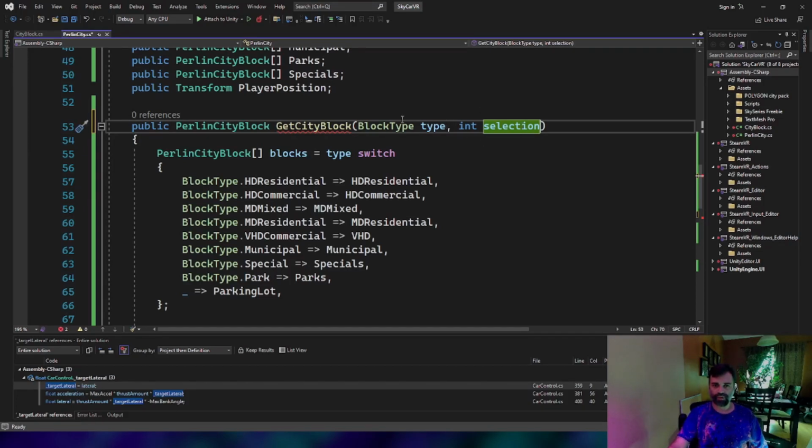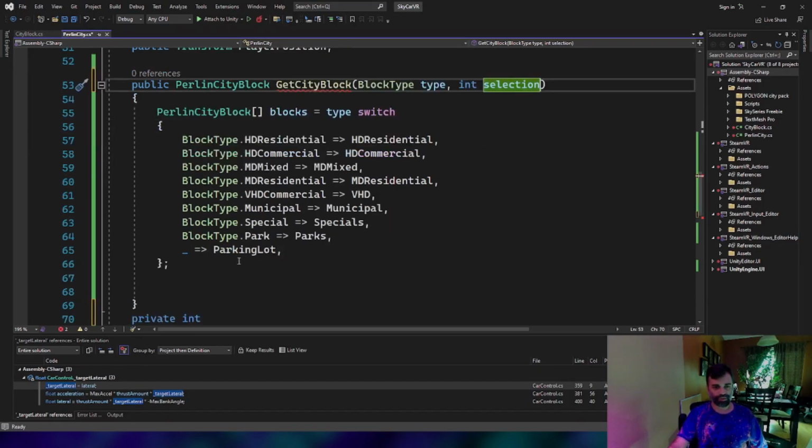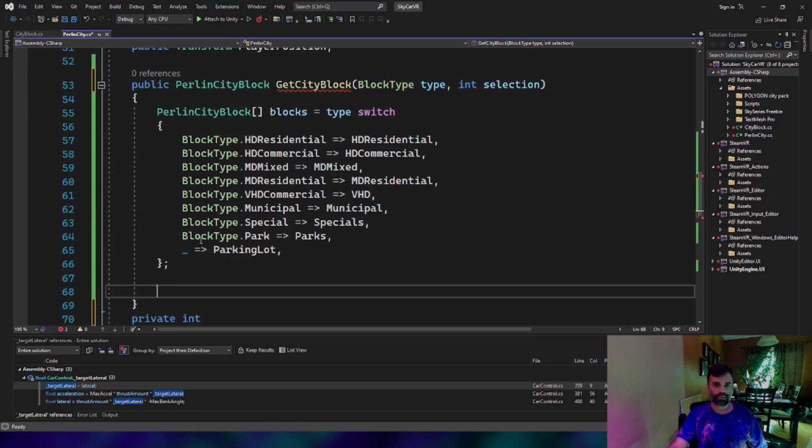I'll have my selection. I'll assume this knows which one I'm trying to choose from the list. That's fine. So I'll say return blocks in selection, but